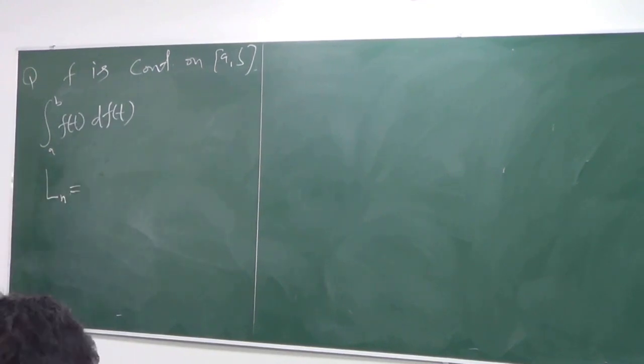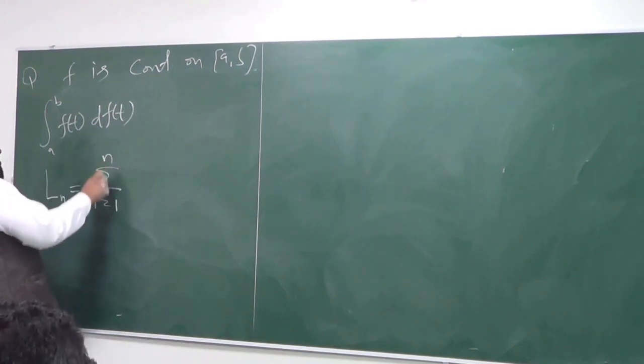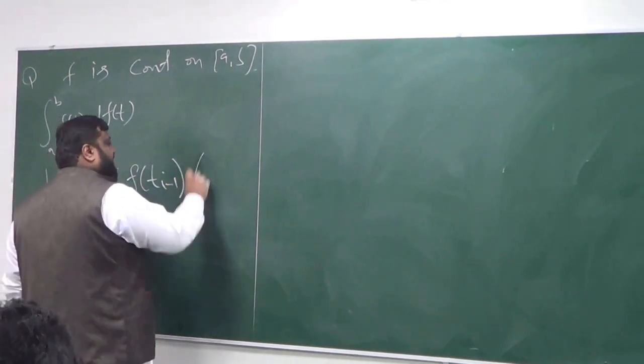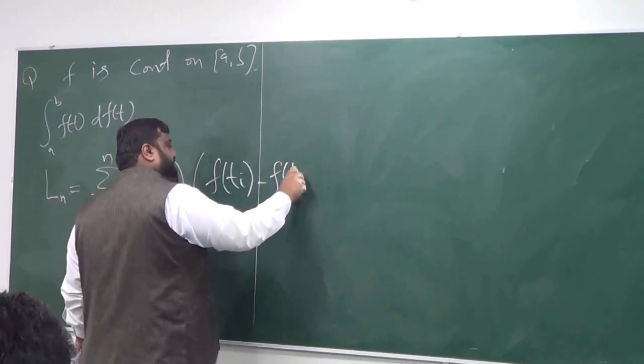Not lower Riemann sum, but the Riemann sum, where f is evaluated at the left endpoint. So consider the sum i equal to 1 to n of f(ti minus 1)